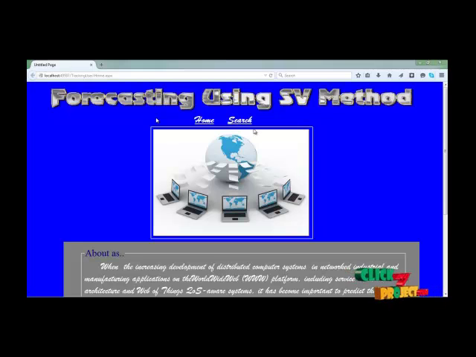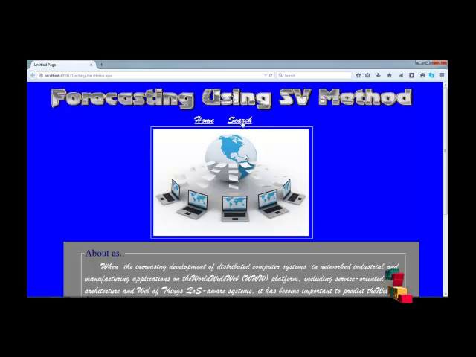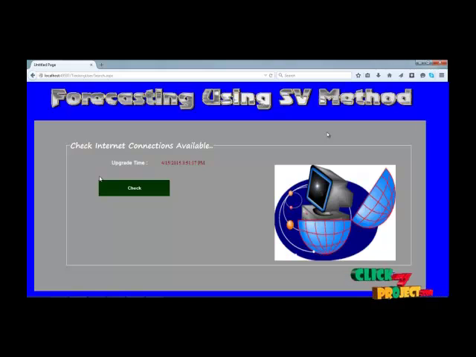Now the project will be started. The project title is Forecasting Using SP method. So you can go into our searching process. Now we can check whether our internet connections are available.